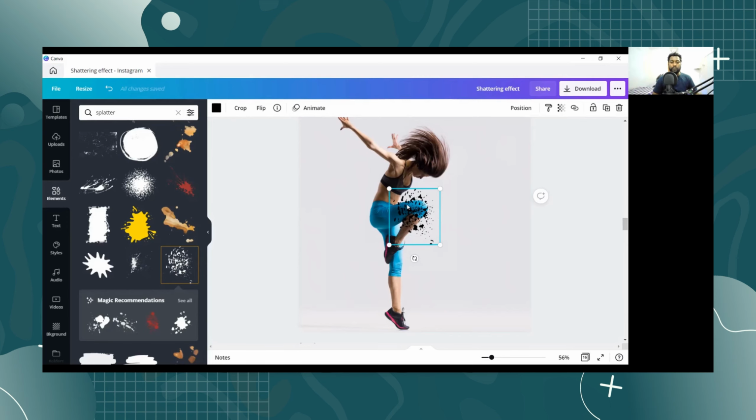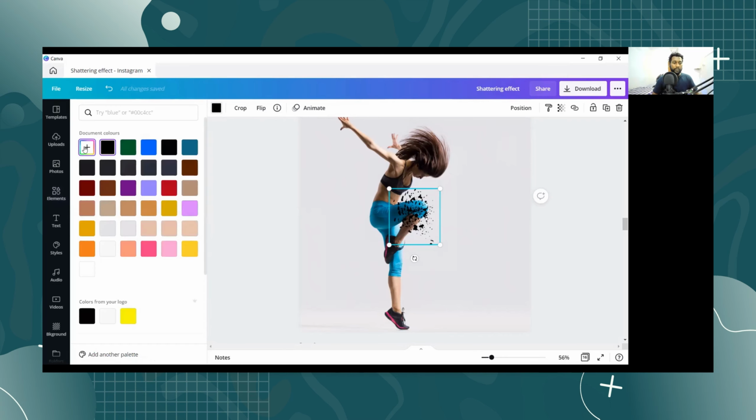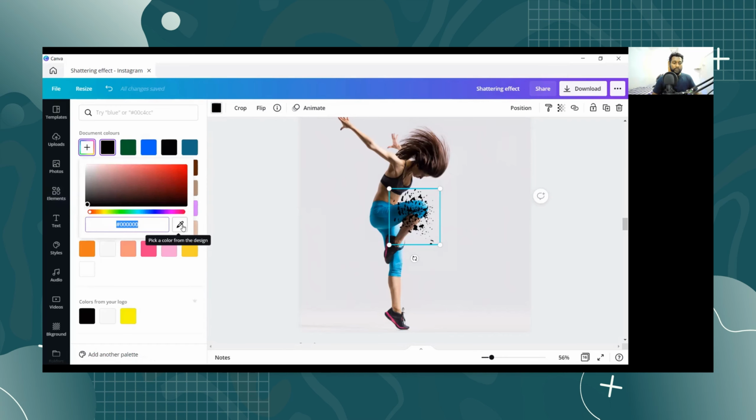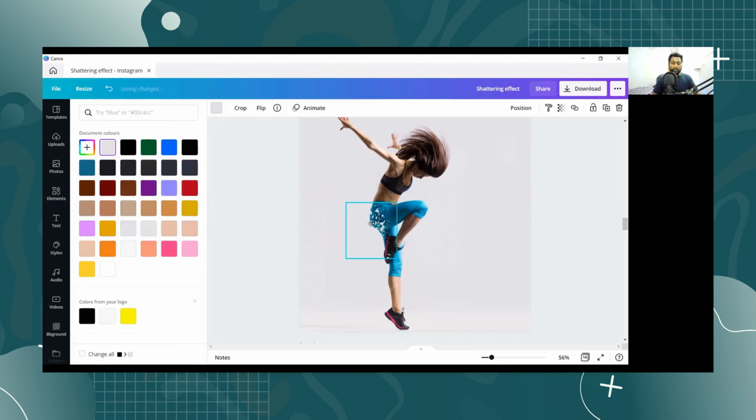To do that, go to the colors, and from here take the eyedropper and select the background. It will change to exactly the background color.